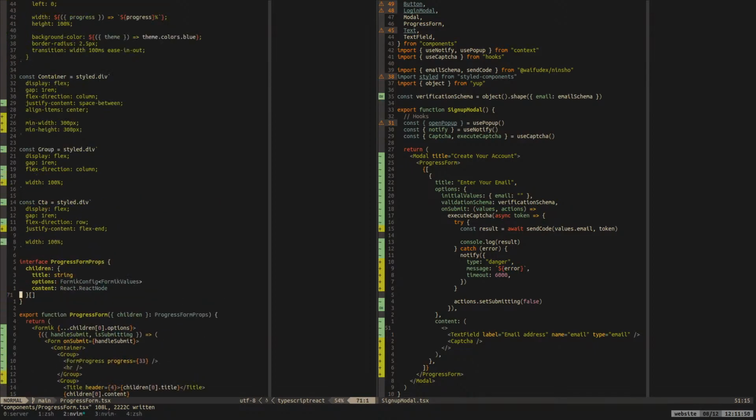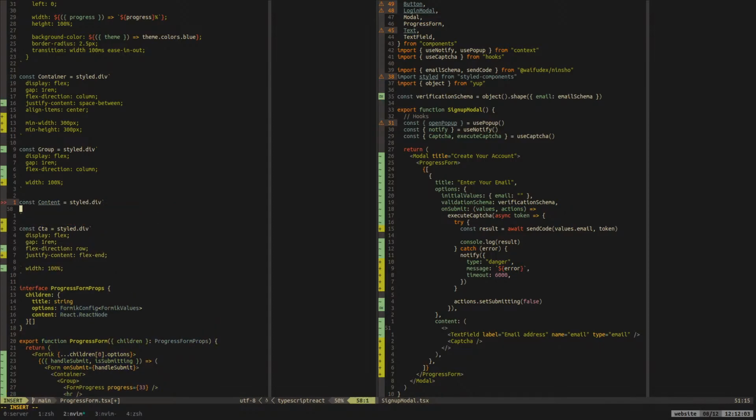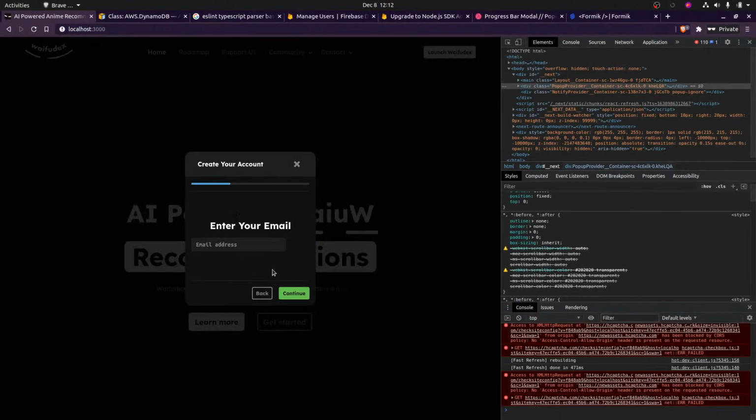We might want to actually have a content thing, even though I already have that. I changed this group thing to a content. I mean, I changed it from a content to a group, but I'll make a new one, because it would be interesting to have a max width, which, lining up with our current thing, could be like 80% or something. And then we would just say that the child is inside of a content, but then it goes to the left.